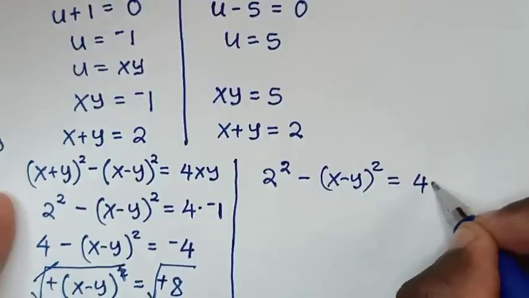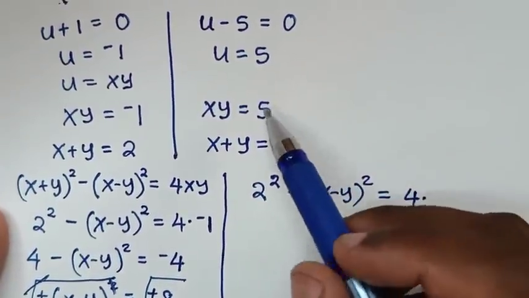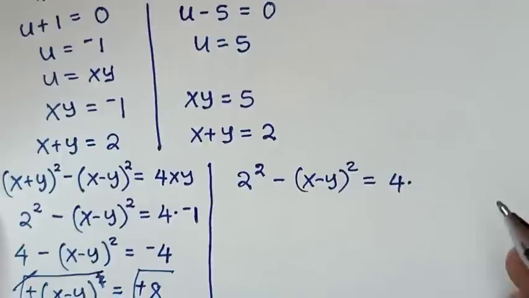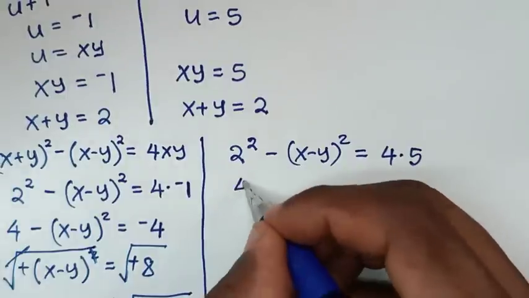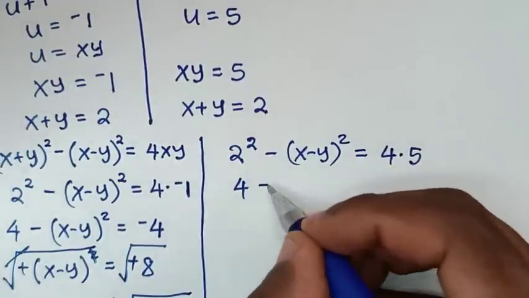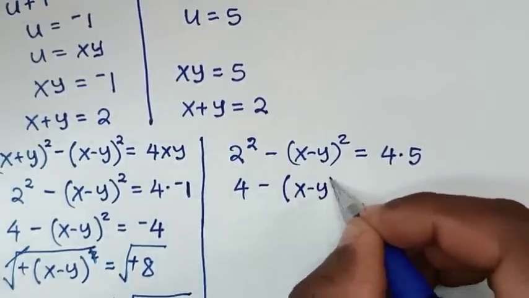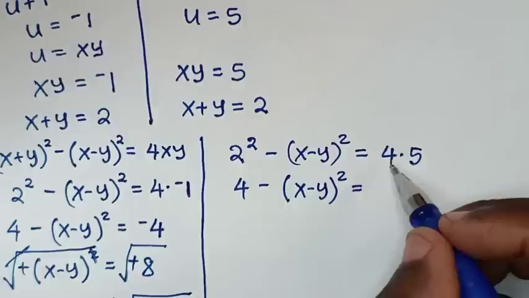It will be 4 times xy in the second solution, which is 5. So here it will be times 5. Then it will be 4, which is 2 square, minus x minus y bracket square is equal to 4 times